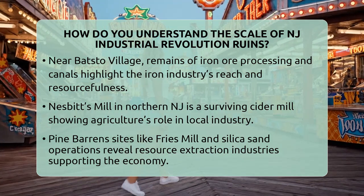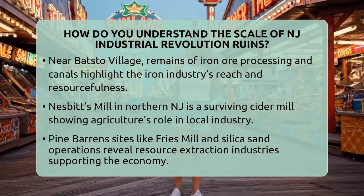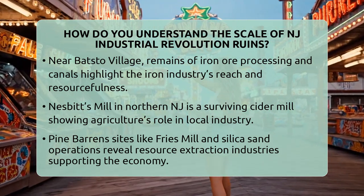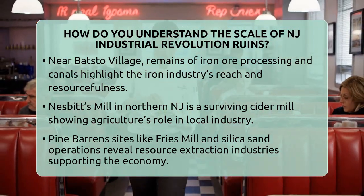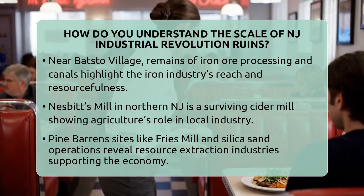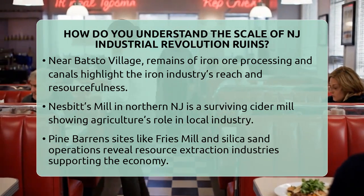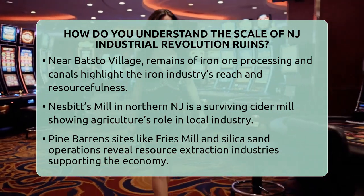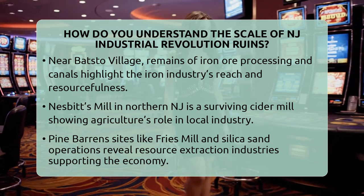Other sites tell different parts of the story. Near Batsto village, you can see remains of iron ore processing and canals used to move heavy materials. These ironworks and canals reveal how resourceful and widespread the iron industry was in New Jersey. You can see old loading slips and even remnants of boats used to transport ore, showing how complex and far-reaching